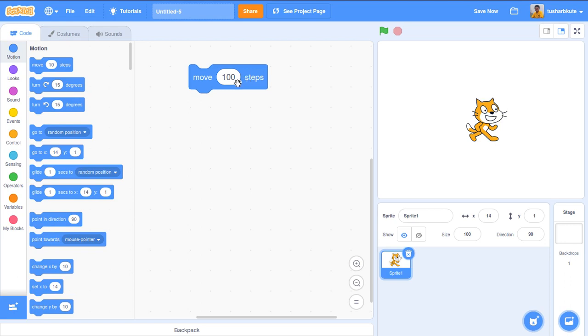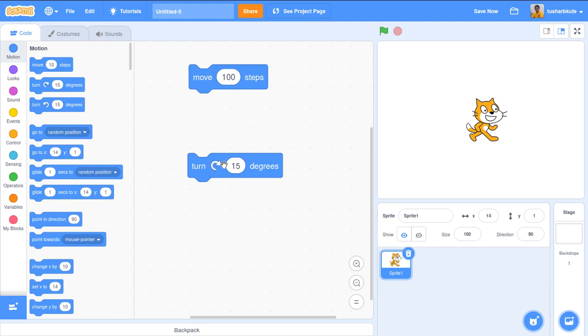Now if I want to perform further operations, like turning this character by some degrees, I can connect it here, or I can make it independent also. I'm making it independent currently, not connected with this particular step. So turn by 15 degrees, in the clockwise direction.